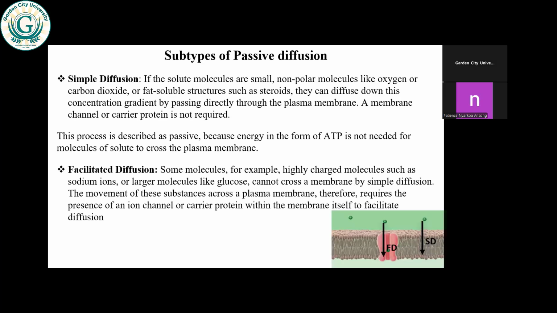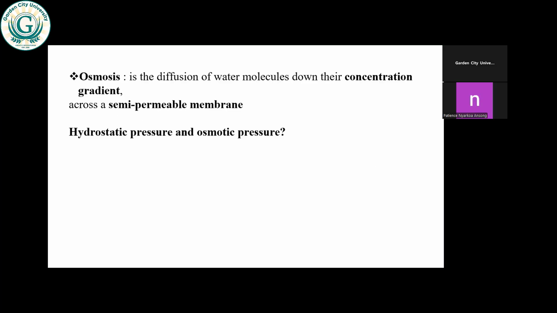So I've put them in writing. I've explained them here for you to easily understand all that I'm saying. So also go and look at hydrostatic pressure and osmotic pressure. We'll talk more about it later, but just go and find out the difference between the two. We'll talk more about osmotic pressure when we discuss osmosis in detail.